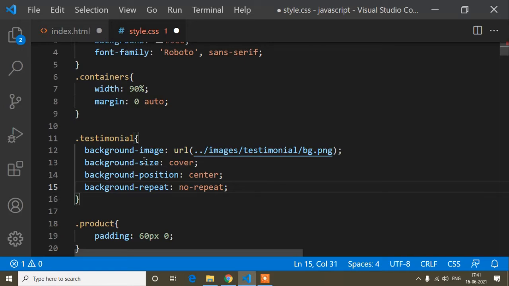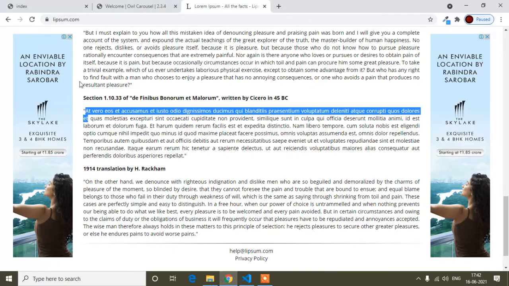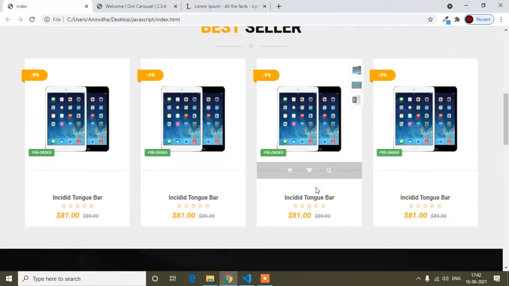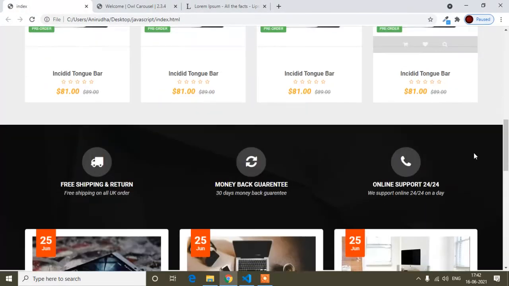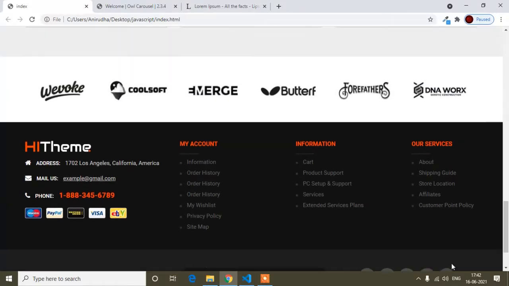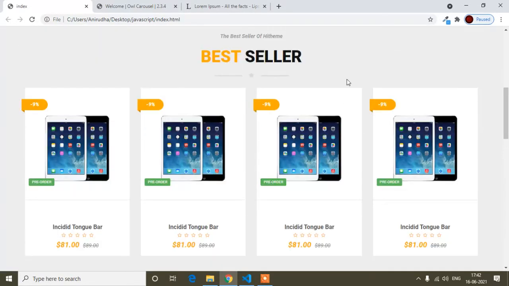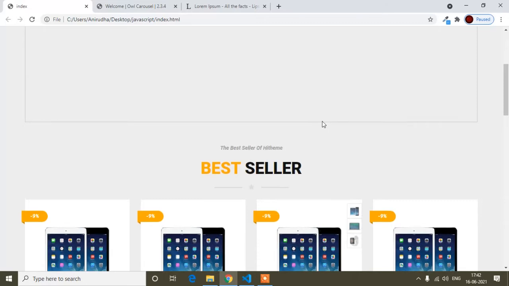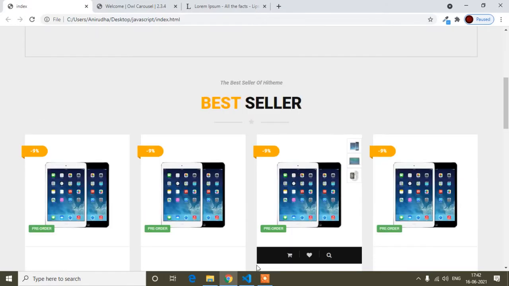Now I will explain the use of these CSS properties when we add a background image. Suppose we don't know how long our content will go on. Before, our content went from here to here, but now our content is increasing, so it has increased up to here.